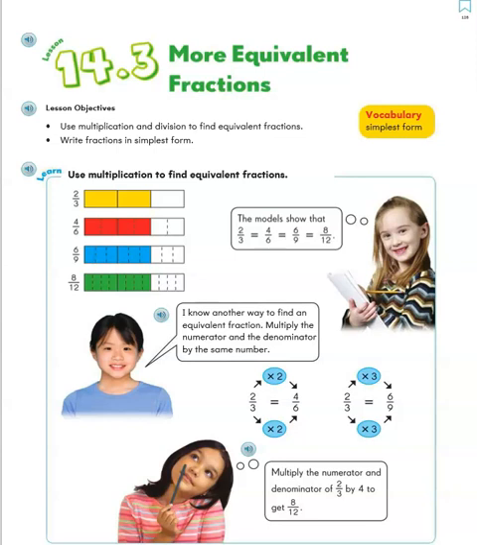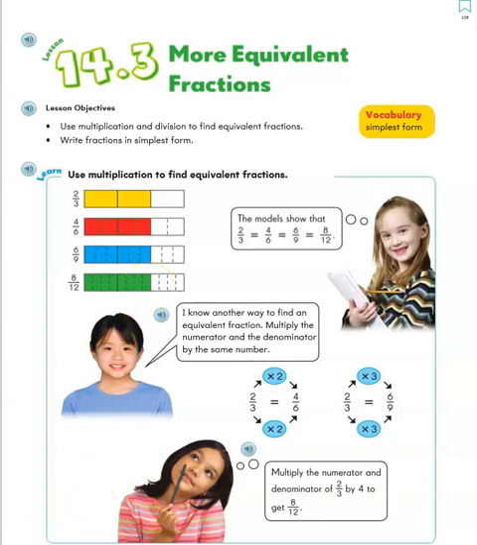Hi guys! Today we are going to be learning another way to find equivalent fractions. So far we have been using fractions on a number line as one way to find equivalent fractions, as well as looking at bars like this where we can see that the bars have been the same size and they've been split into a different number of pieces, and we can tell that these are all equivalent